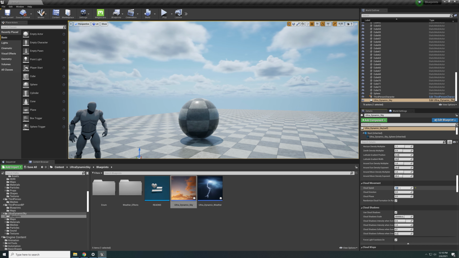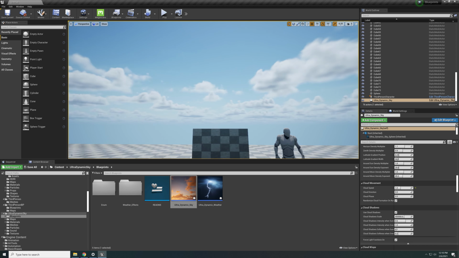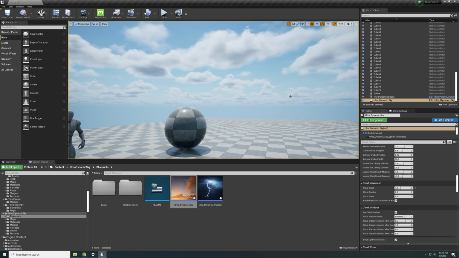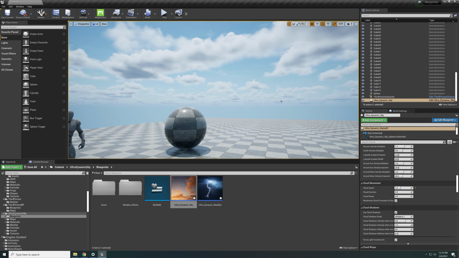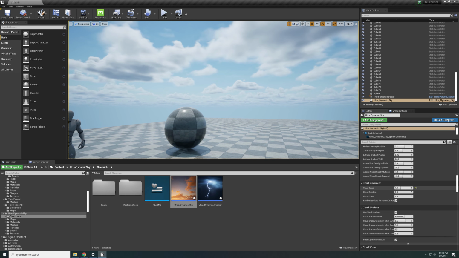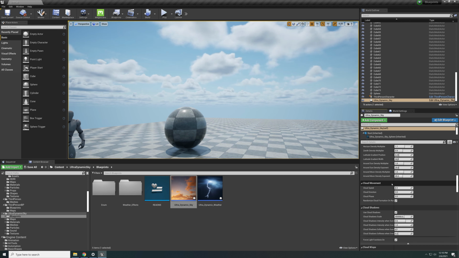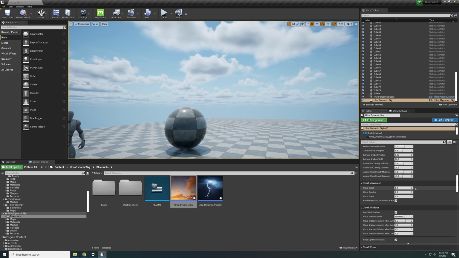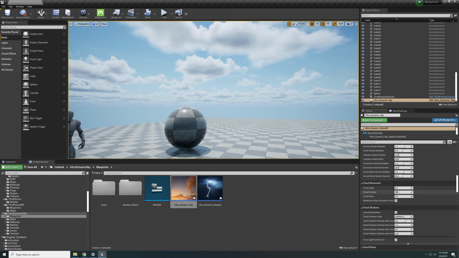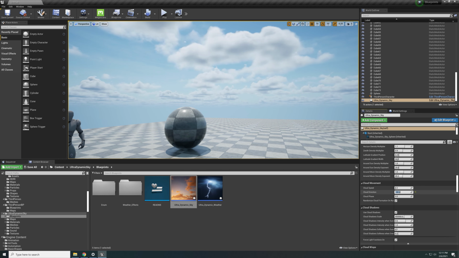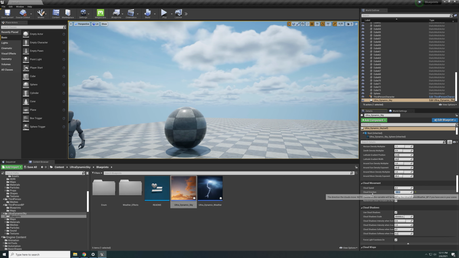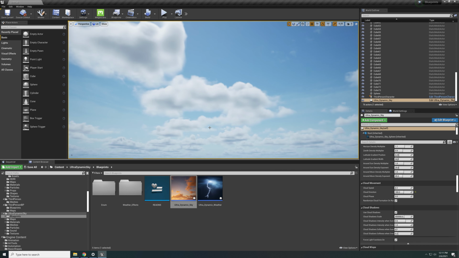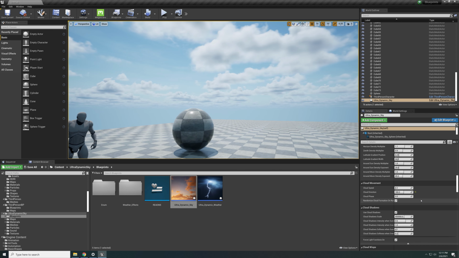If you go all the way to 1, it's going to, I don't know, look like one of those time lapses that you see of the sky. And let's bring it down to its usual value, and you can also change the direction. So now the clouds are coming this way, but if you want the clouds to flow in another direction, you just change the angle. So this is based on that angle, so that's why I did 180, and it's going in exactly the opposite